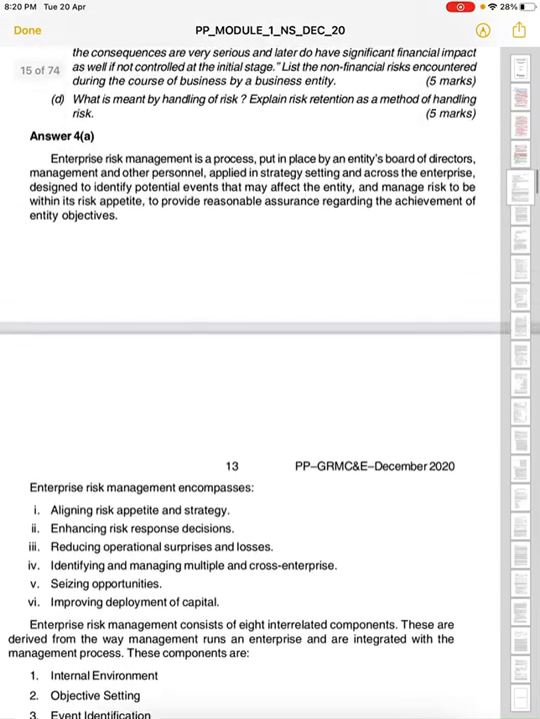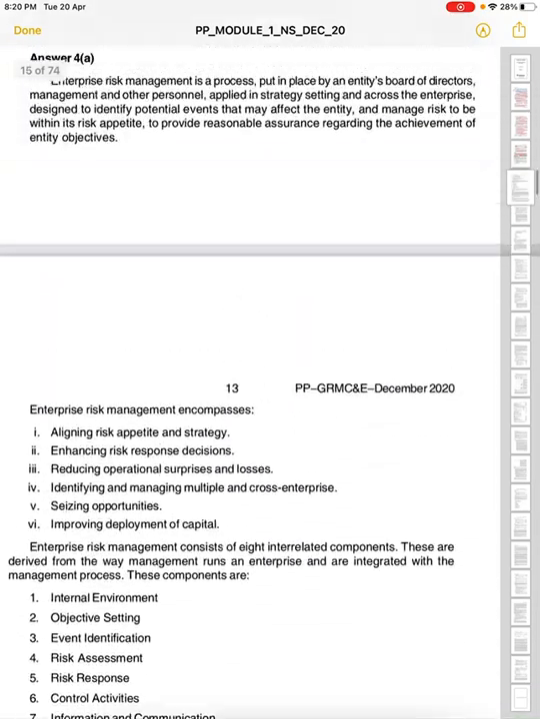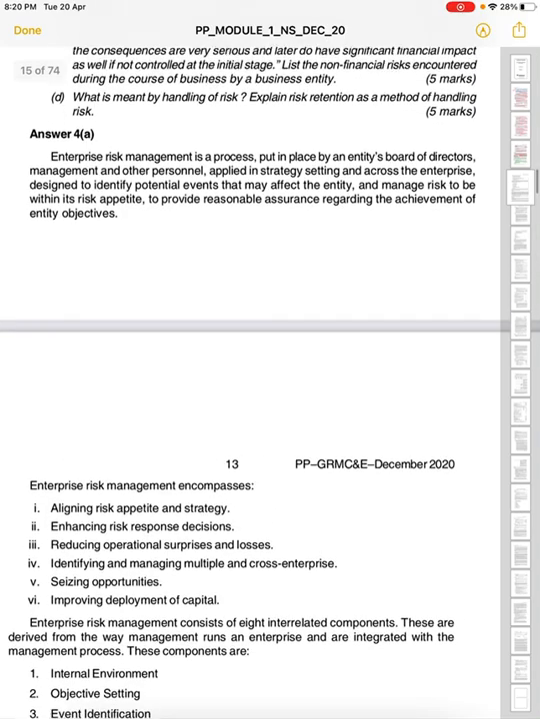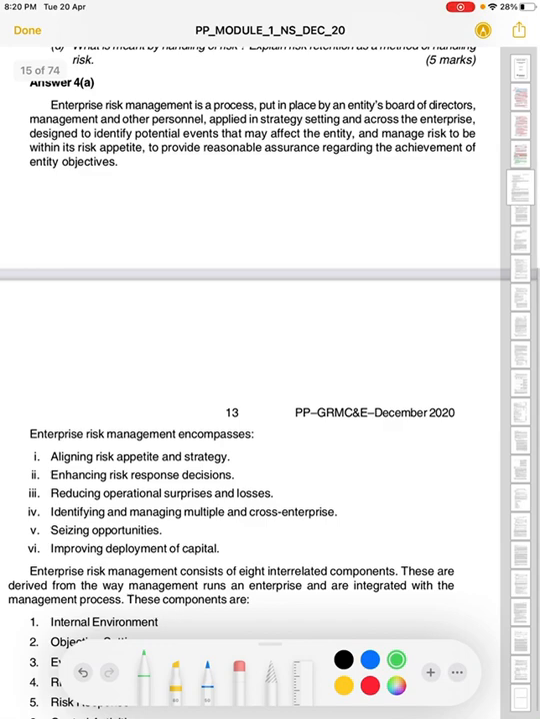So we can easily check how long an answer they have written for 5 marks. For 5 marks we have to write at least 10 points. So here it is that the enterprise risk management process is put in place by an entity's board of directors, management and other personnel, applied in strategy setting and across the enterprise, designed to identify potential events that may affect the entity and manage risk to